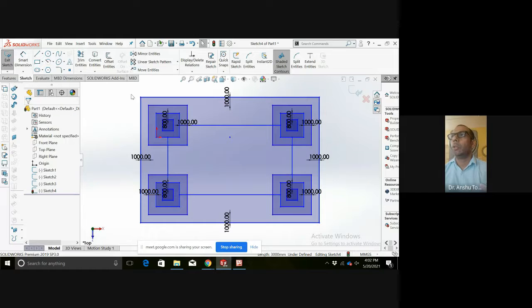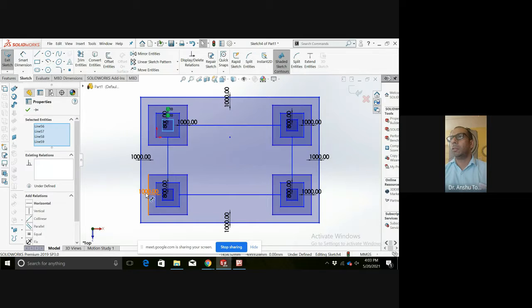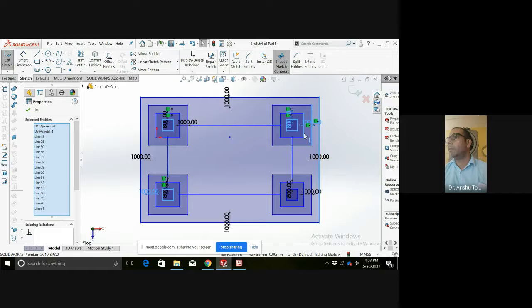But I don't require the other things which are outside. So what I will do, I will select it and then I will select the whole part so that I will be requiring only the column part.